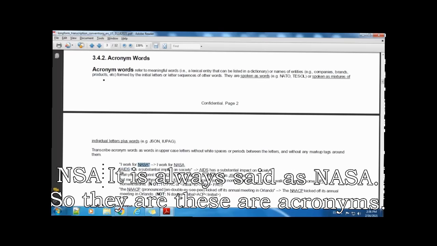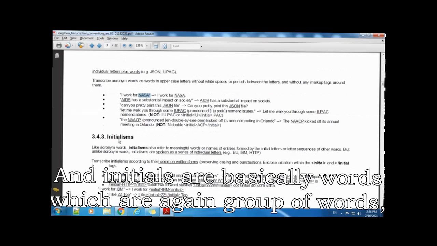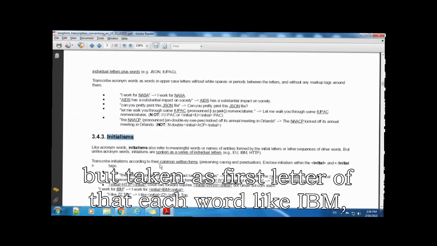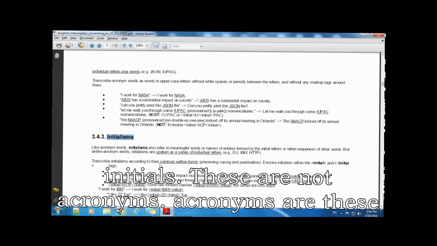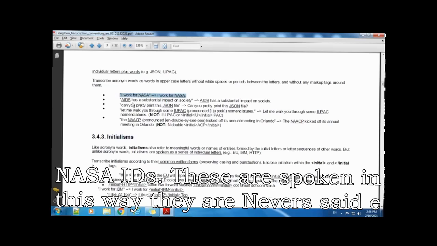So these are acronyms. And initials are basically words which are again a group of words but taken as the first letter of each word. Like IBM, like BJP, Bharatiya Janata Party. So it is BJP. So these are initials. These are not acronyms. Acronyms are these: NASA, AIDS. These are spoken in this way.